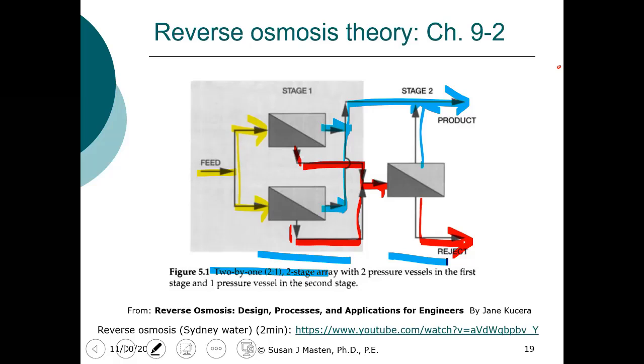Then you take the reject stream, and you'll have a smaller membrane unit there, and you're going to try and essentially squeeze out more water. So you're basically trying to produce as much water as you possibly can